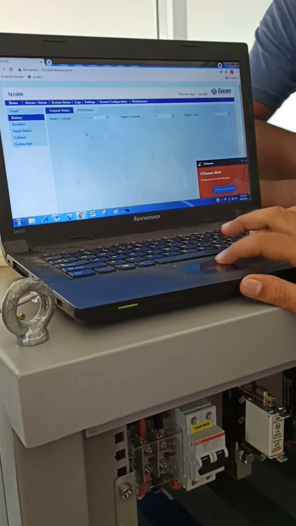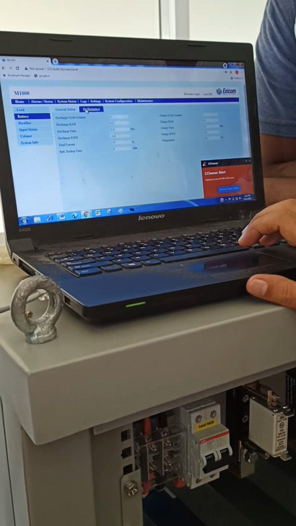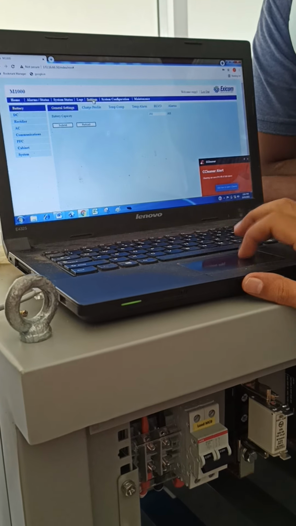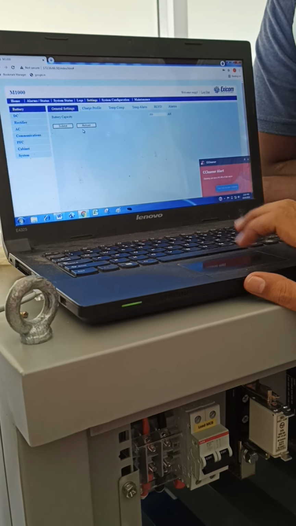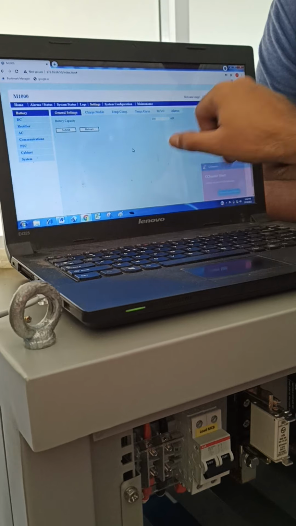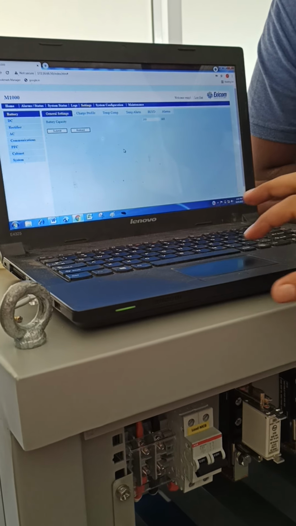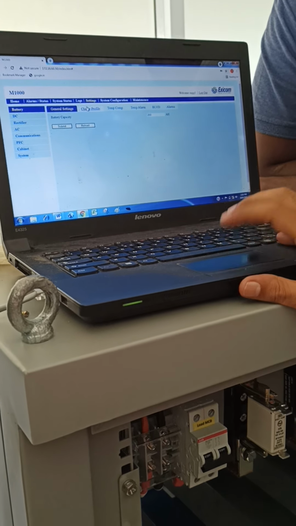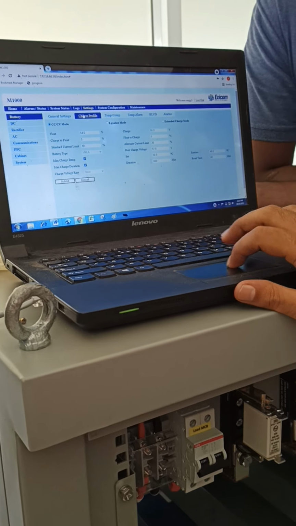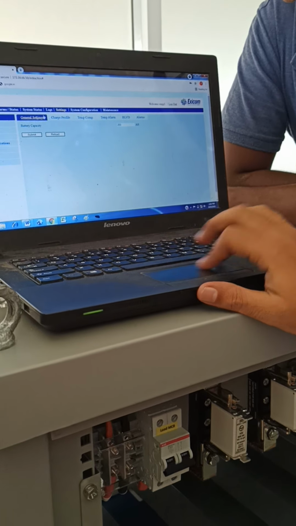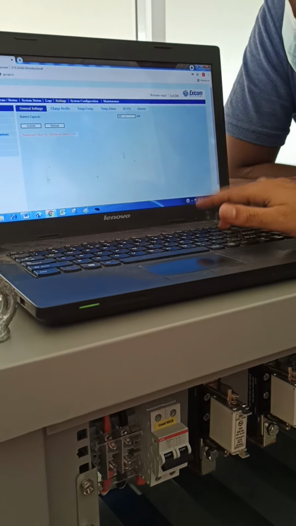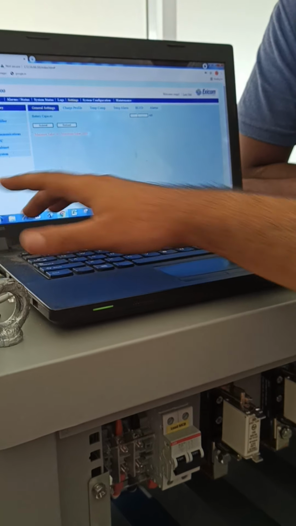This is general settings. Oh, sorry, we are going to settings now. This is battery capacity. What is that? 200. As per size availability, we have to mention it here. Can we edit it, 200 or 300? 200, we can edit easily. Okay.